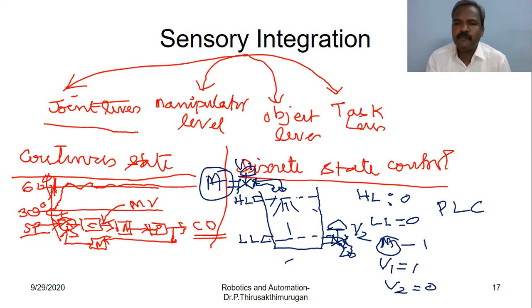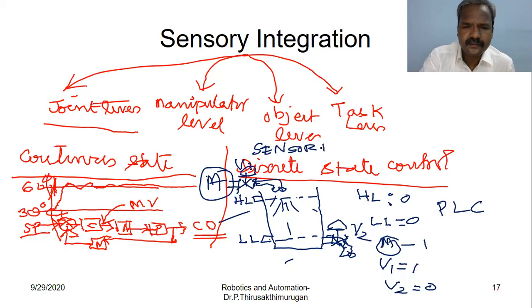Next is the object level. In the object level, the complete program routines and modules are monitored, and the data is in the form of decisions as a result of sensor fusion. What is sensor fusion? We get a result by getting information from various sensors. So mainly in the object level, the data used comes from the sensors, the information obtained as a result of sensor fusion.